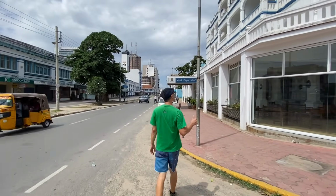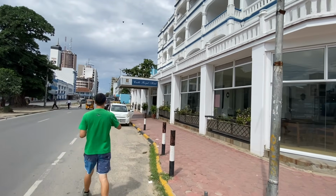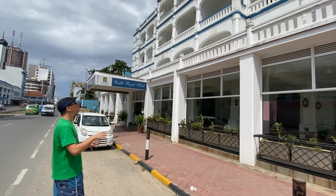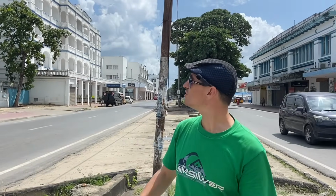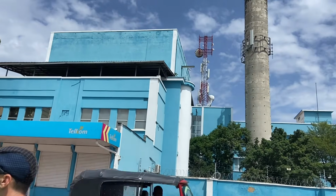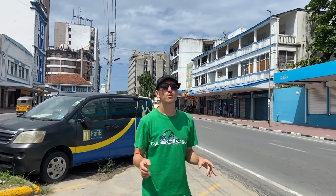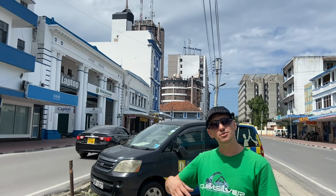Approaching the center, look at this building. It seems it's the Castle Royal Hotel. Look at the beautiful colonial architecture, blue, white. It looks amazing. Look at the beautiful hotel. There is what seems like a factory, the City House. On the other side there is some Jubilee building. Very beautiful buildings. The city was founded in the 10th century and it has a big Arab as well as European